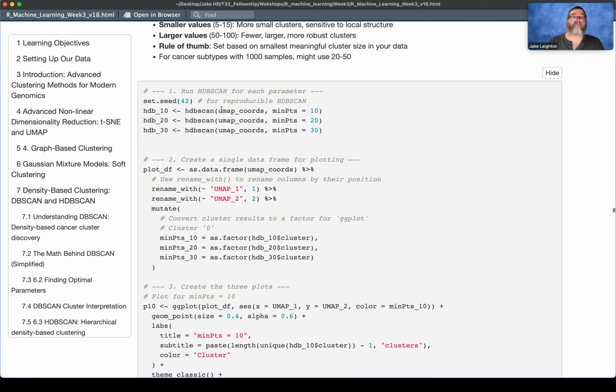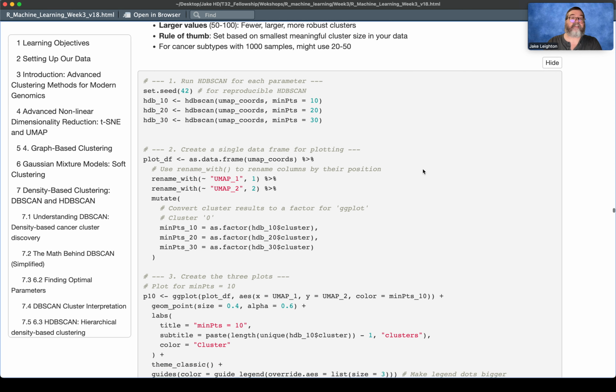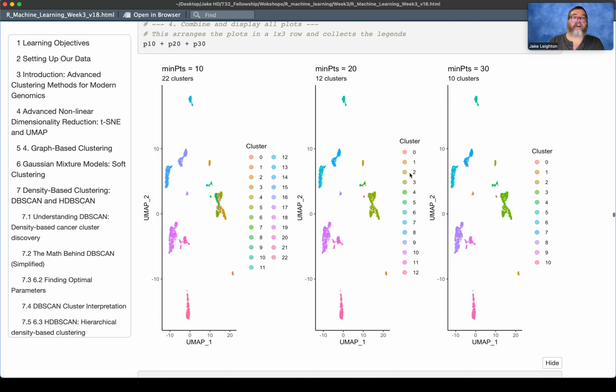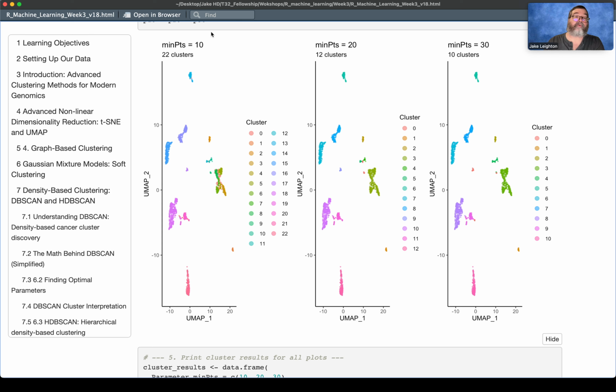Okay, so let's run HDBSCAN at some different parameters. It's our only parameter, right? So let's just try different ones. It's just HDBSCAN. We're putting in the UMAP embedding, looking at the points. What do we get here? Well, what we're seeing is as minimum points goes higher, we're obviously, as expected, seeing larger clusters. With minimum points equals 10, we see a lot of over-clustering. We're not seeing that as they get bigger, but we're also losing some of the fine local structure too. But it's doing a pretty good job, I think, of finding